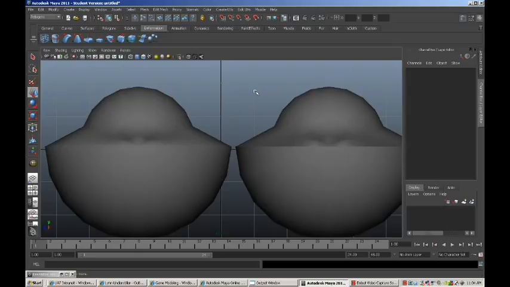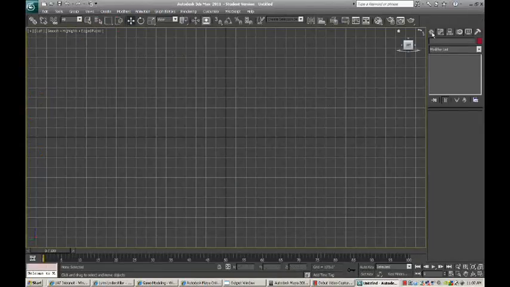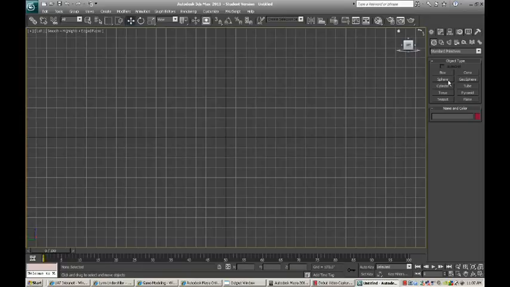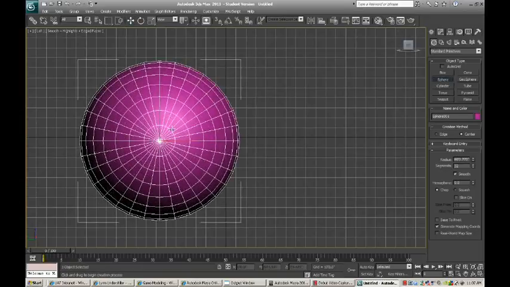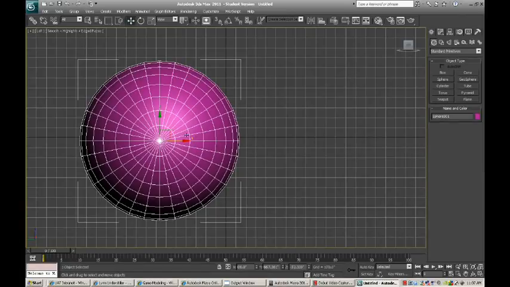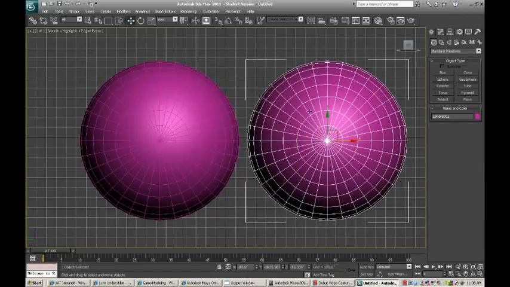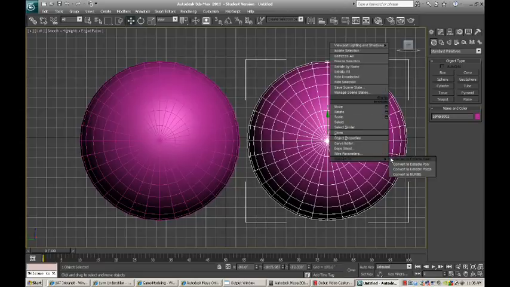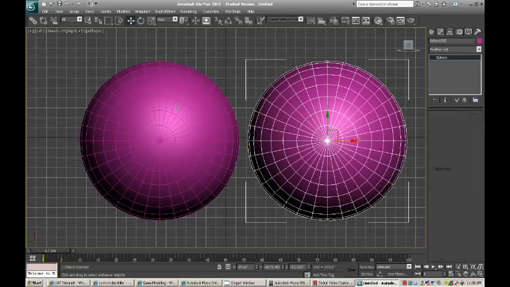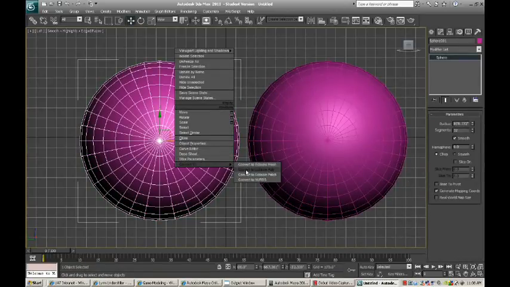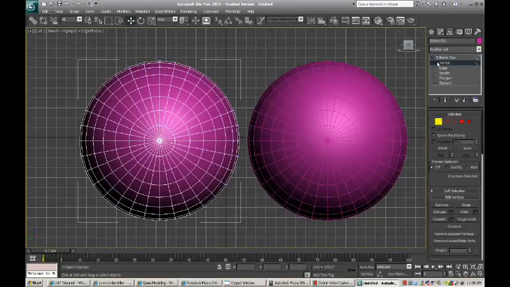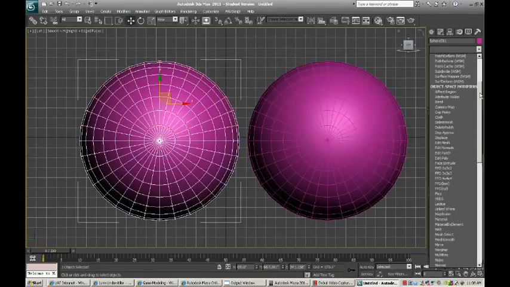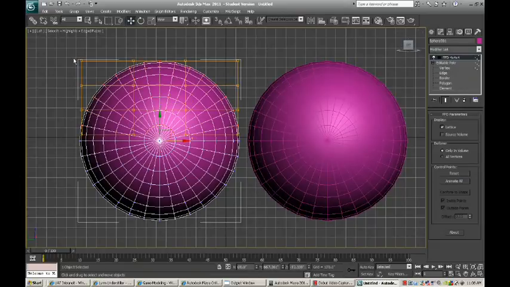If you have, well, actually, let me bring that up real quick so I can show you the difference in Max. Alright, so here we are in Max, and I'll just go ahead and demonstrate the same thing. We'll create a sphere, and we'll just go ahead and duplicate that, and we'll convert them to editable poly. Right-clicking, editable poly, so here we have access to our vertices. Select those vertices, and in the modifier stack we will apply an FFD box,